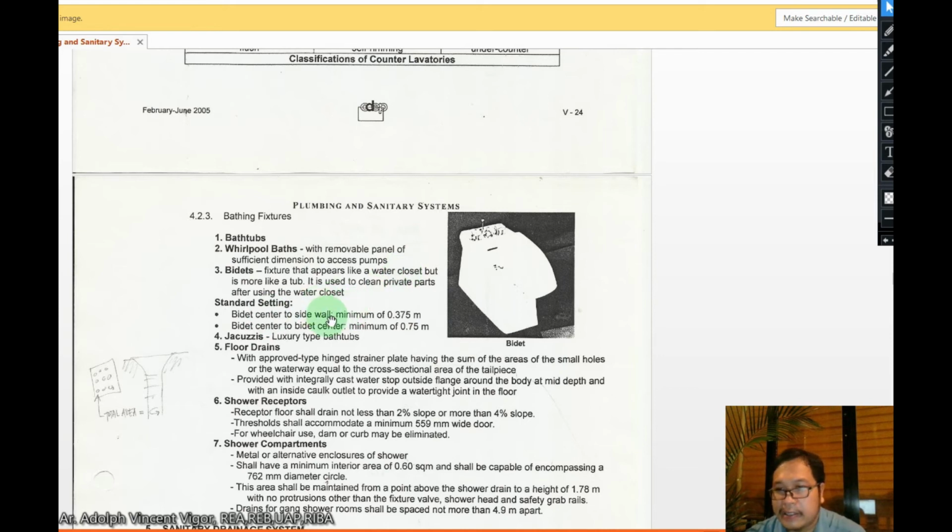Similar to the distancing of water closets, the bidet from side to wall has a minimum distance of 0.375. Then the center to center is at 0.75. Then you have the jacuzzis, which are luxury type bathtubs. Okay. Then we have floor drains, the approved type with a hinged strainer plate having the sum of the areas of the